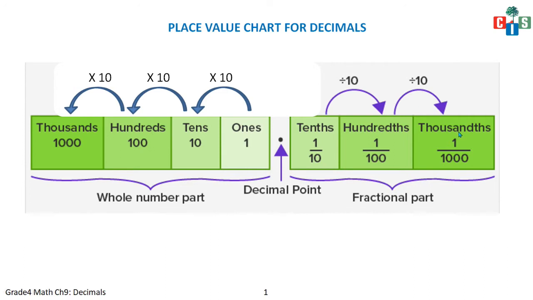See, 1/10 is there, so this is known as the 10th position or the 10th place value. And then when you divide it by 10, it will be 100th. So 1/10 is again divided by 10, so it becomes 1/100. Then again 1/100 will be divided by 10, so it will be 1/1000. So it is the thousandth place. Clear? So this is the place value chart of a number.